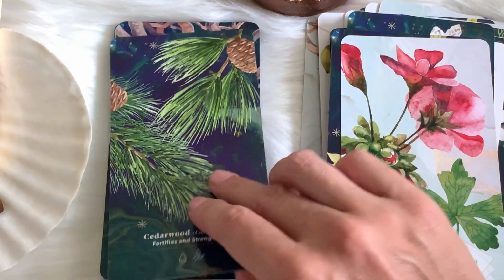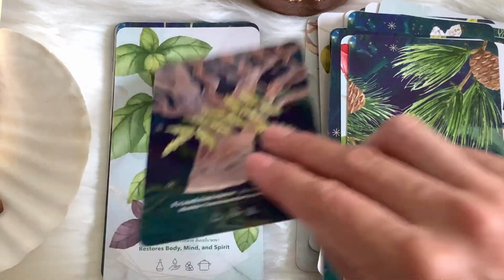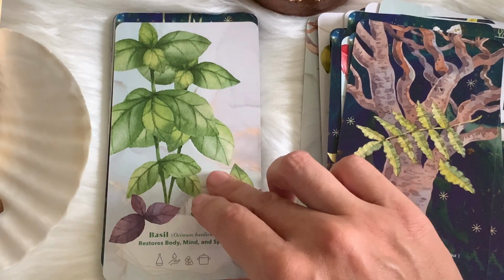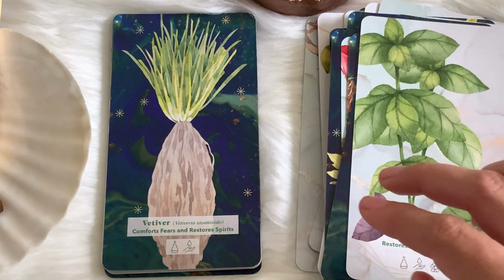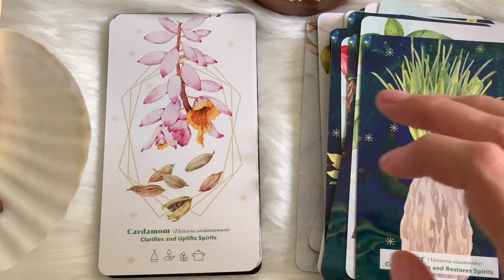I find essential oils are really good for baths. You know, I don't take too many baths. I do have a bathtub, so it is possible for me to take a bath. I mostly just take showers, but I like to actually take the time to sink into some essential oils